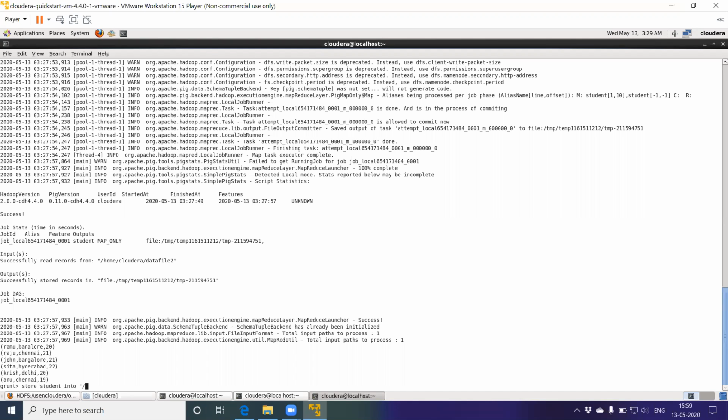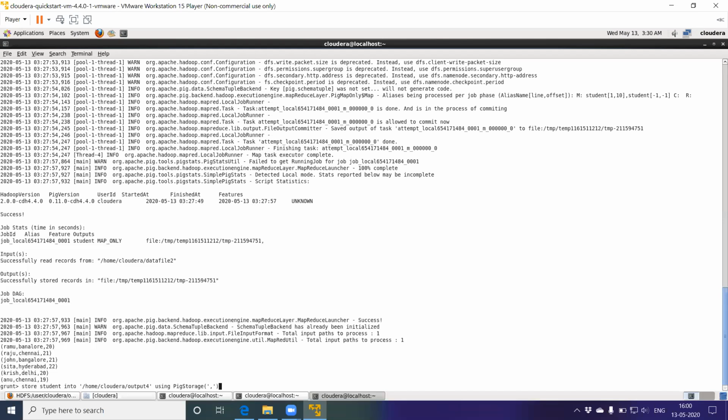The default path is /home/Cloudera/ and a new directory which does not exist, which will be created when we execute this particular command, using PigStorage, opening parenthesis, within the single quote use the delimiter that we have used.